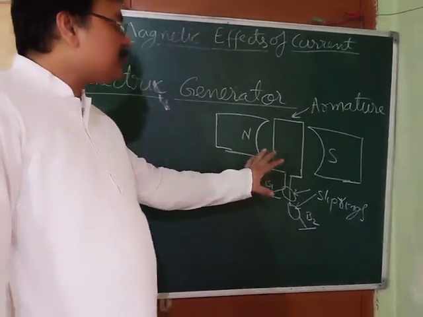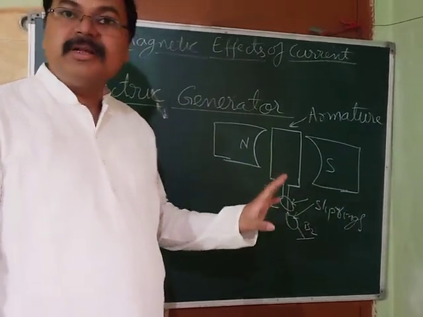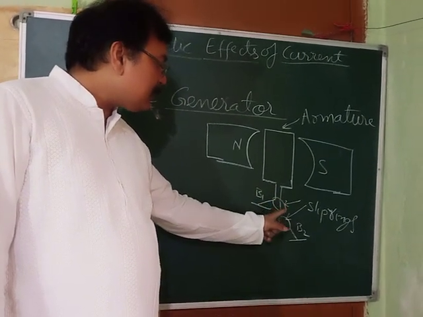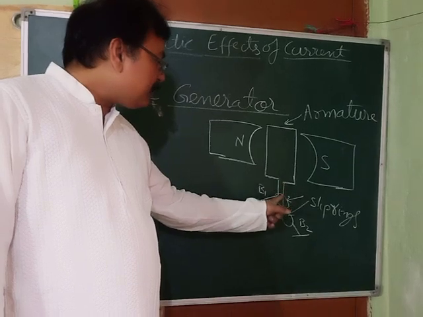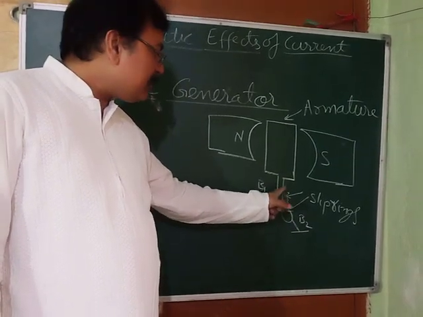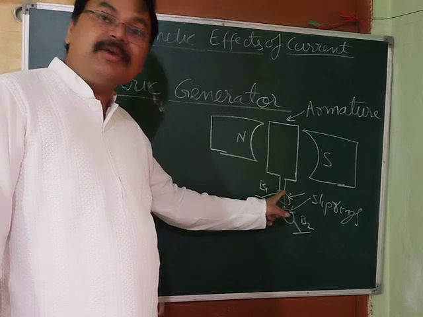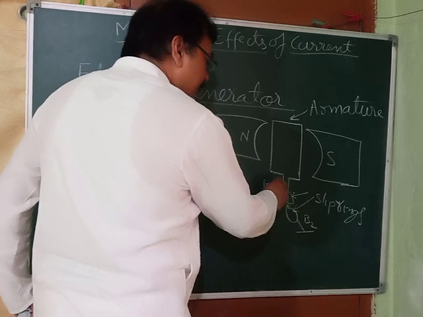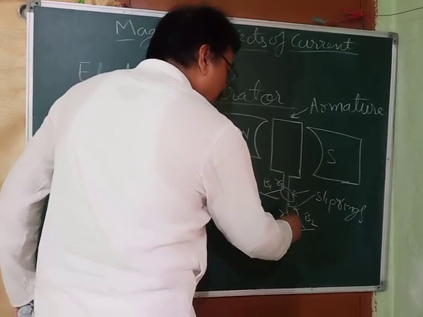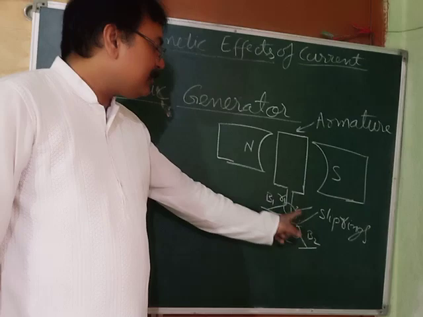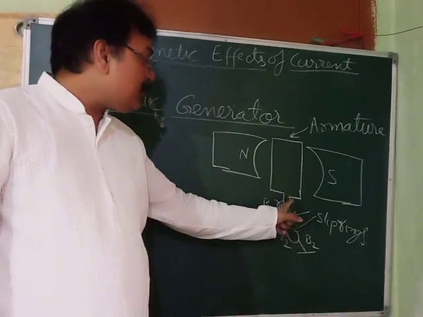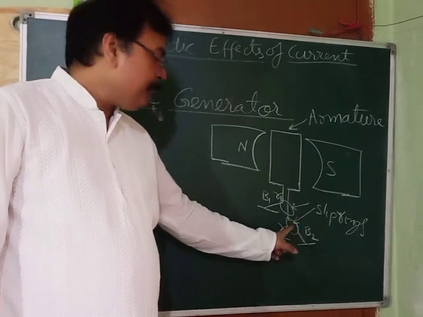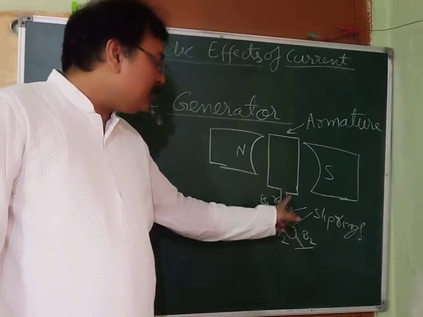See, the construction of a motor and generator is similar. Only the difference is that this part of the coil is connected to a ring, and this wire is passing through this, but it is not touching this ring at all. These are the slip rings. You can write it R1 and R2. Two rings are there. R1 ring is connected to this part, but it is not touching this wire. Remember, this wire is just passing through its center. And ring R2 is connected to this part of the wire.